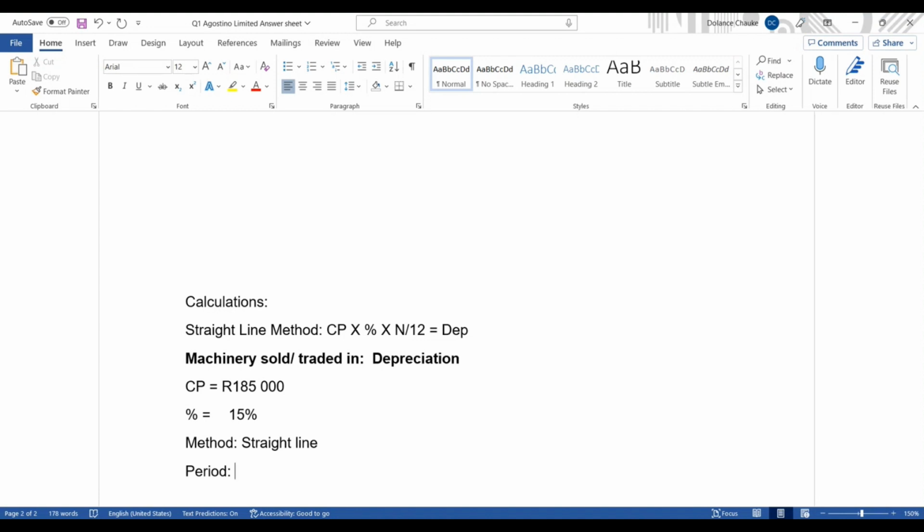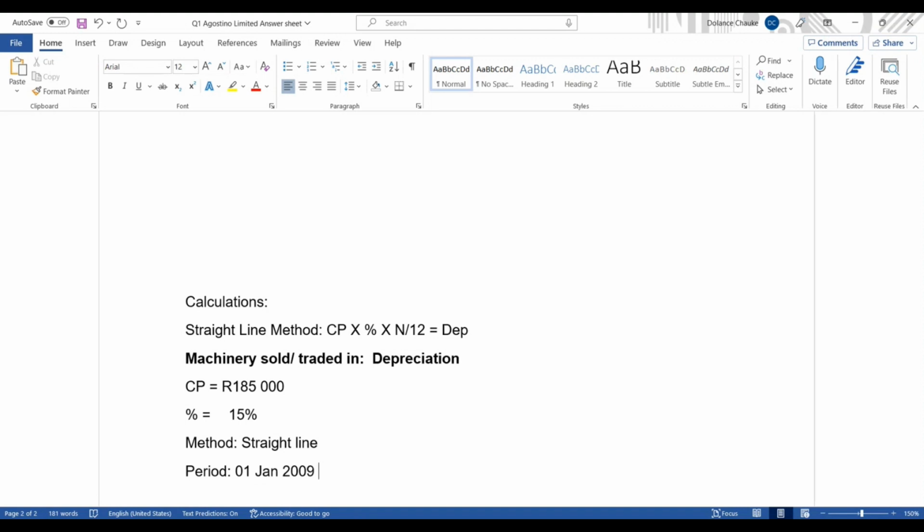It means it was there from the 1st of January 2009